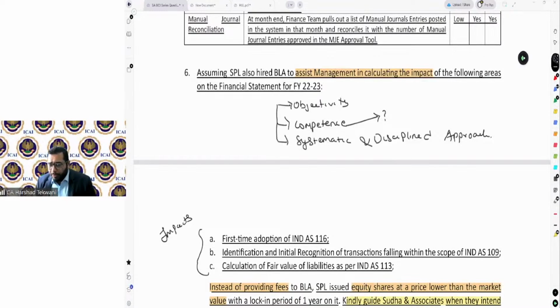Okay, Purvi Ben, this is one of the examples. Good. But this is not the only thing I need to check. There are multiple things I need to see. Correct, Janvi? If I talk about threat, Namrata, that will be somewhere with respect to objectivity. If I talk about self-review threat or familiarity threat, that goes to the objectivity.